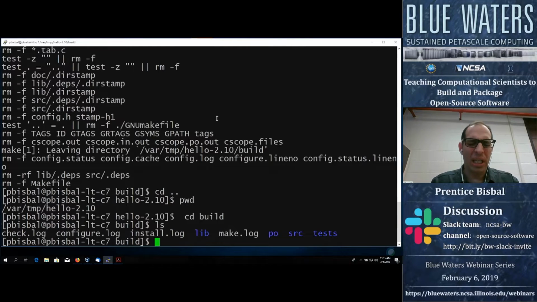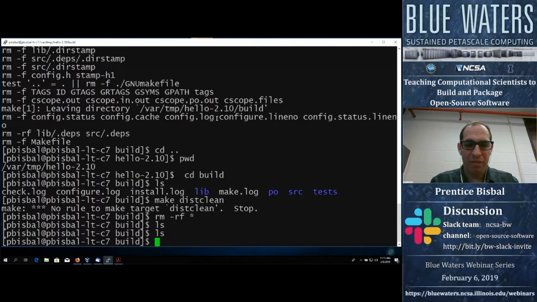So as you start this, the build directory will be completely empty because you just created it. And now the configure script is in the directory above. So I have to use two dots to indicate the directory above, and then run configure from there. Okay. Now when you run the configure script,